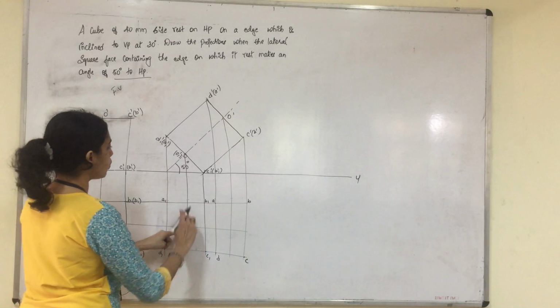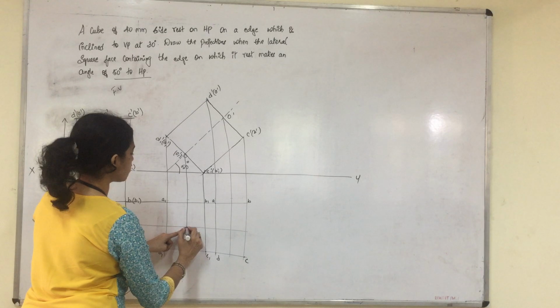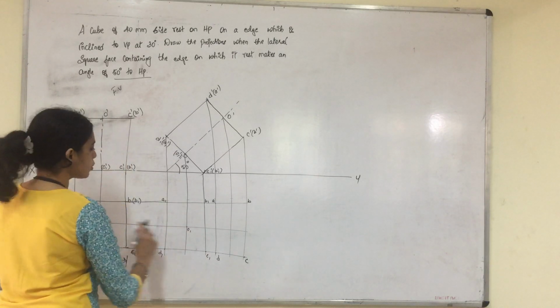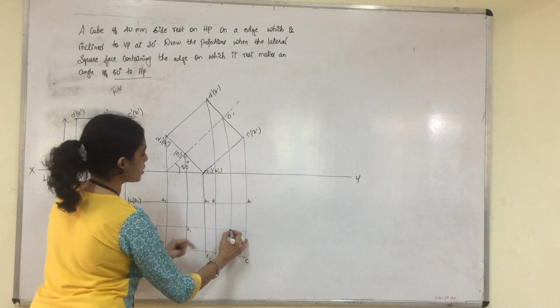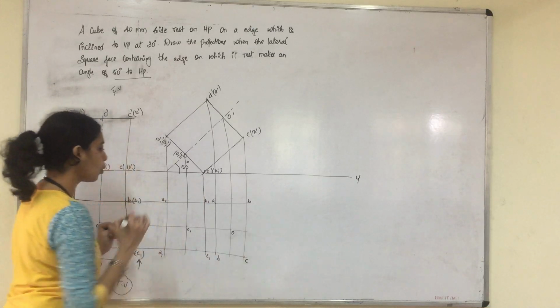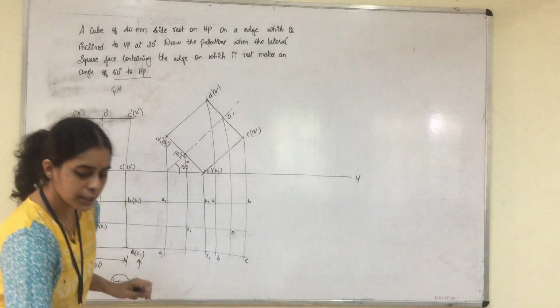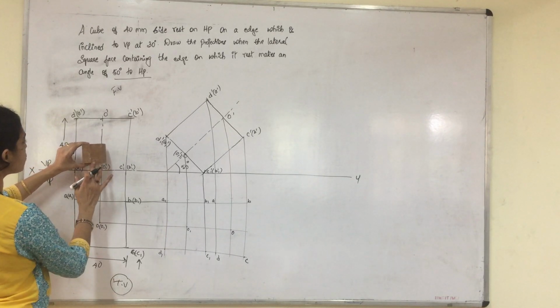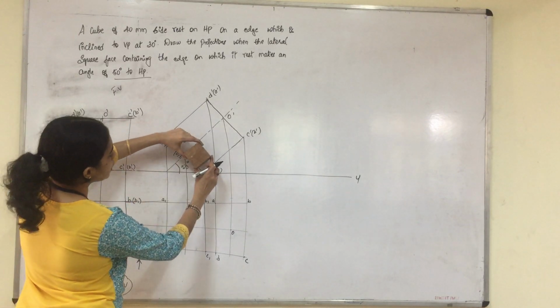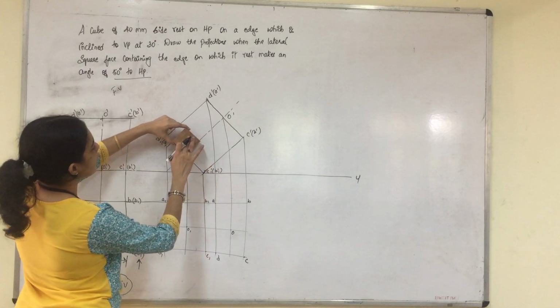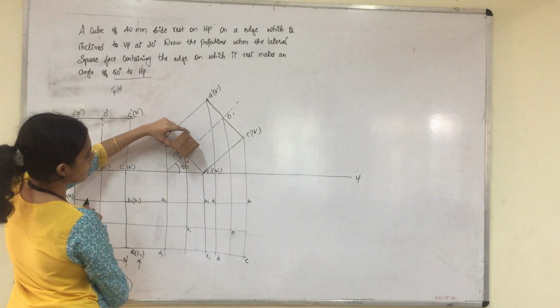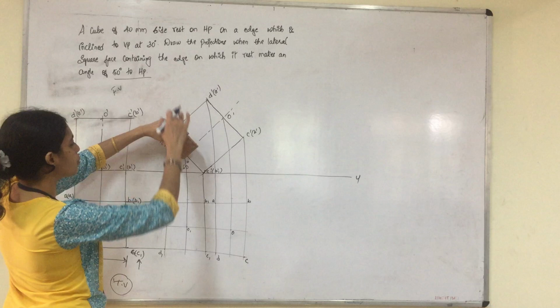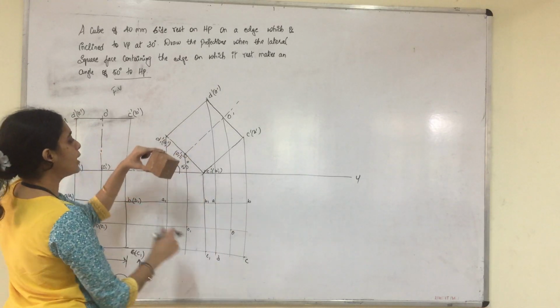So locus of O1 is meeting O1 dash at this point, so this is our O1. Locus of O is meeting O dash at this point, so this is our O. So now the given cube first was in vertical position where the axis was vertical. Later the given cube was shifted for an axis inclination of 50 degree, right? So now we have to project down to see how the front view looks like.